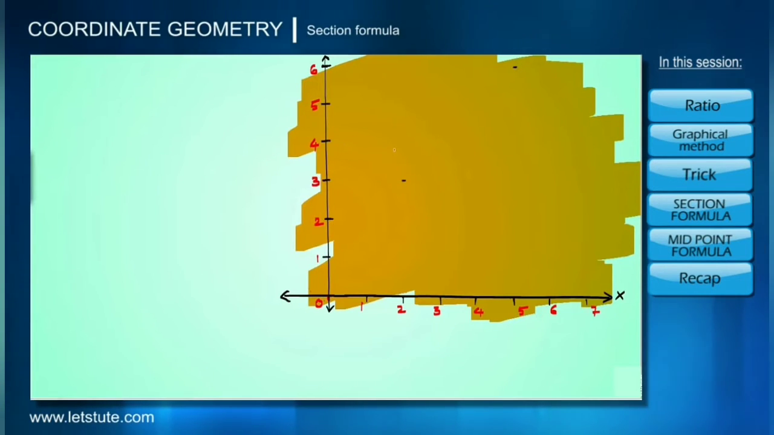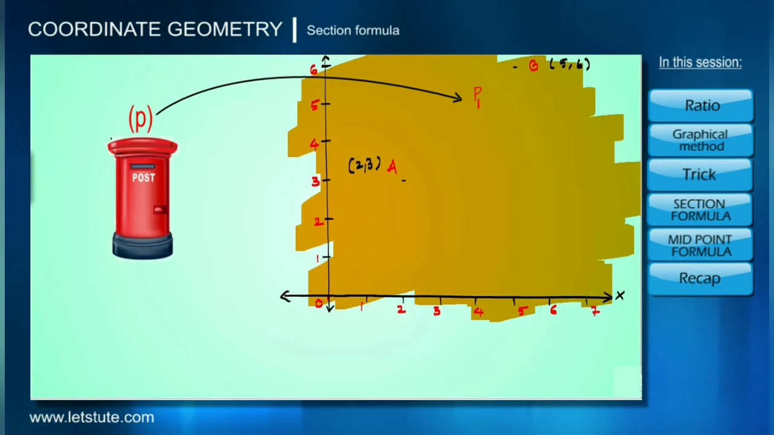Let's consider two towns, say town A and town B, and let's say we know the locations for these two towns. Locations, that is coordinates. So let's say the coordinates for A are (2, 3) and the coordinates for B are (5, 6). And the postal department wants to place a post box P anywhere in between A and B, such that it